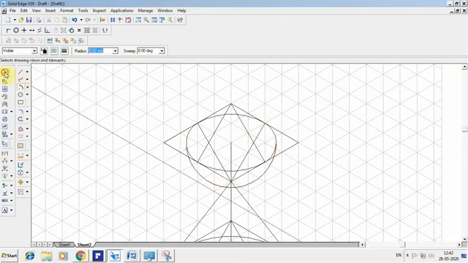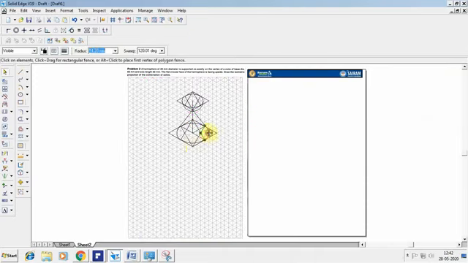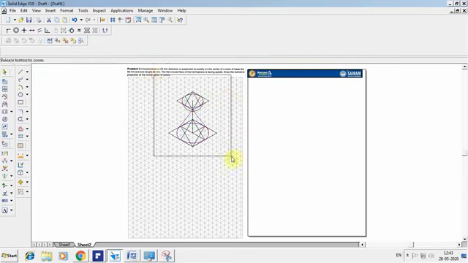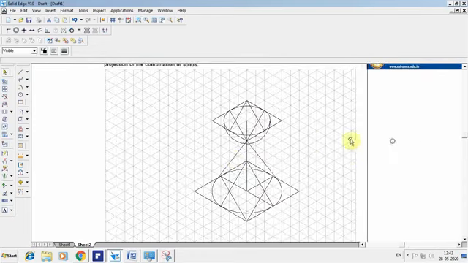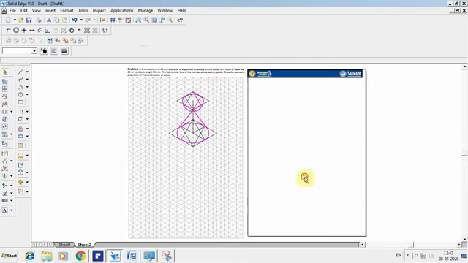So once you've done, the parts which you have to highlight, that has to be highlighted. So when you go for this, the circle which I drew, this cone, select that, and make the thickness as 0.5 mm. So that finishes the construction of the given problem in an iso sheet.